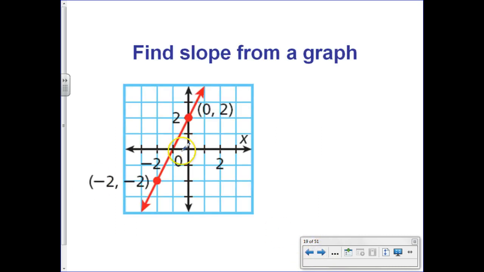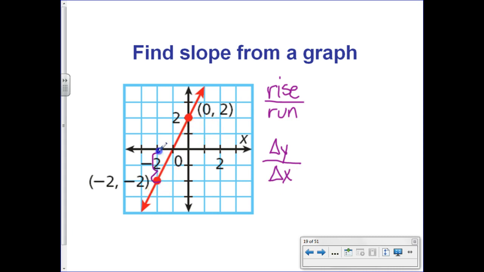All right, in this picture, what we've done so far is talked about finding slope from a graph. And we've talked about slope being the rise over the run, and I've started using this notation with you as well so that we get the idea that it is the change in the y value over the change in the x value. Now, if you have a graph, it's pretty easy to simply count and calculate it that way,